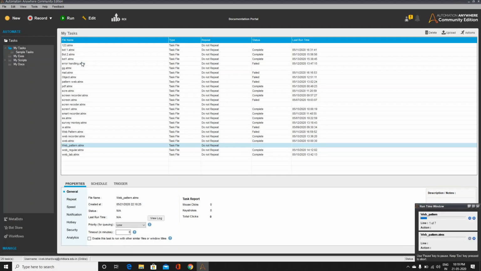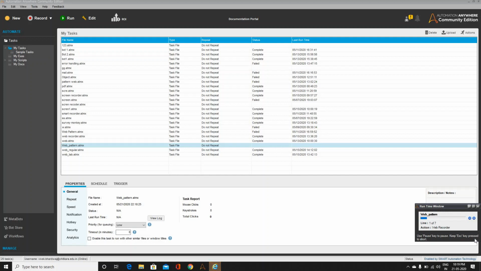Now our bot starts working. As we have clicked multiple times, it is working two or more times. Now data is being extracted from the website and stored in the CSV file. As data is present on multiple pages, it takes some time.